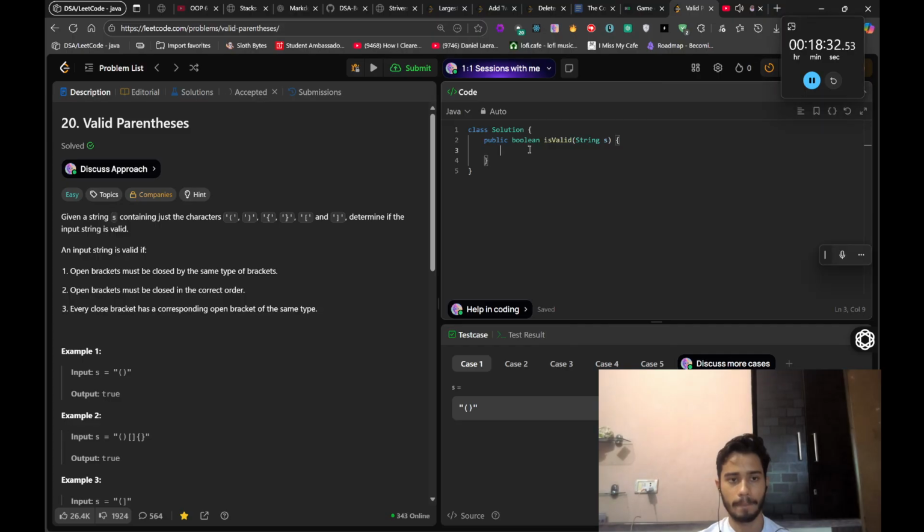Alright, so this question is valid parenthesis, whatever. I did this last night and wasn't very thorough with the way it had to be done. So, the question is that you have to tell whether an opening is having a closing or not in terms